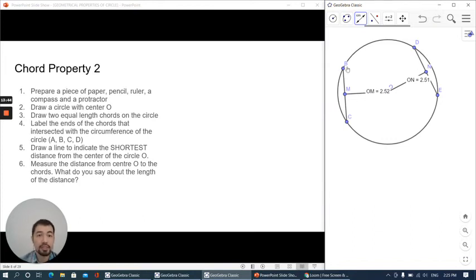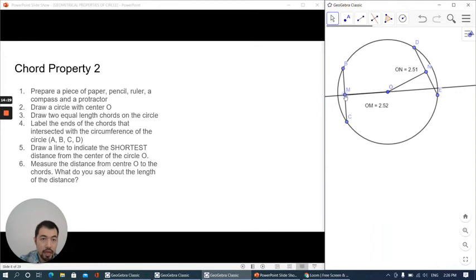So the shortest distance from the chord to center O is actually the perpendicular line. That will be the closest. And if you get a perpendicular line, you can say the distance is actually the same, right? It's a very minor difference here, but if you draw it accurately, so if you want me to draw this accurately,